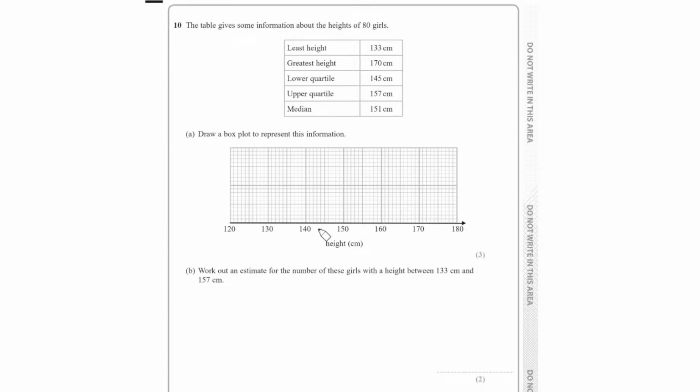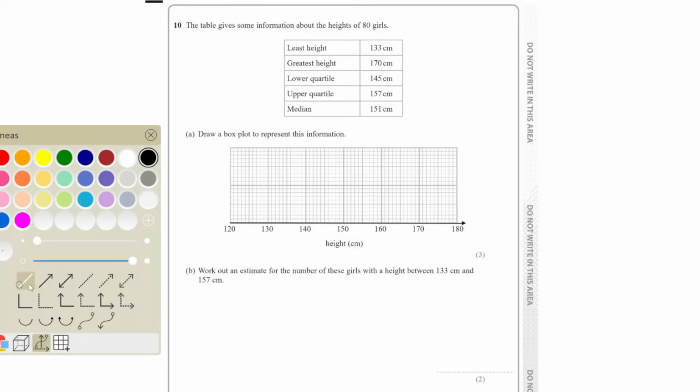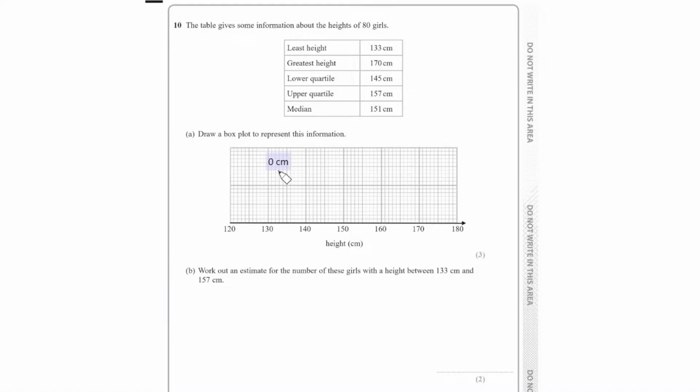Just make sure that you double check the scale if it's anything odd. In this case, it's not. It's just 1 square is 1 centimeter, so that's quite easy. So I'm just going to map this out. You get a straight line, get your ruler and do this. So 133 is obviously 3 across. I do this a bit smaller. You don't have to do it a bit smaller. I don't know, I just do it that way. 170. Obviously it's quite hard to get mine straight, but yours will be a lot nicer than mine on a